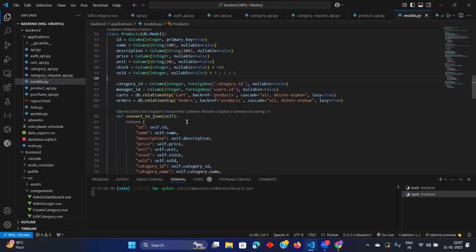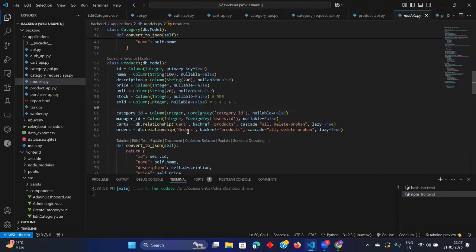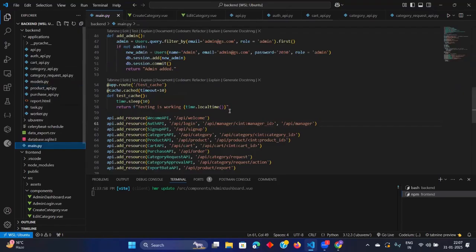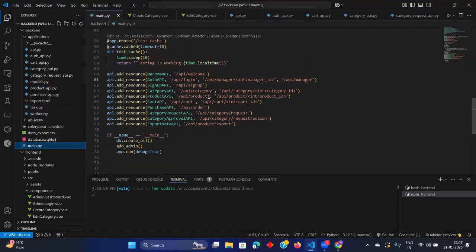Sorry, what did you say? Category name? Was it returning the category name also? Products API. Let us check once. Okay, now product API, just a get request. Methods API slash product.